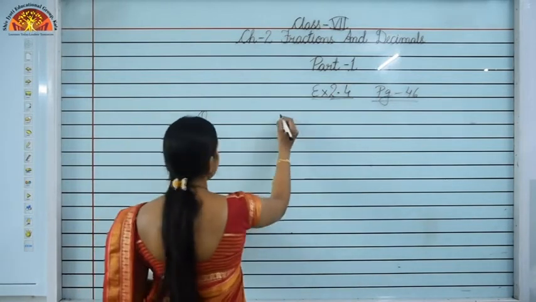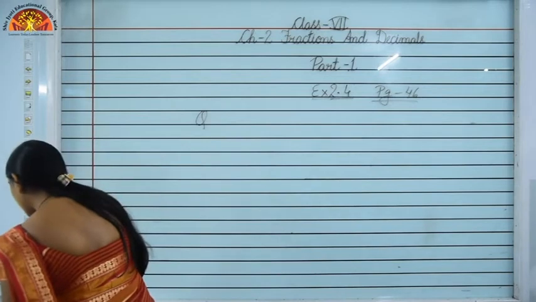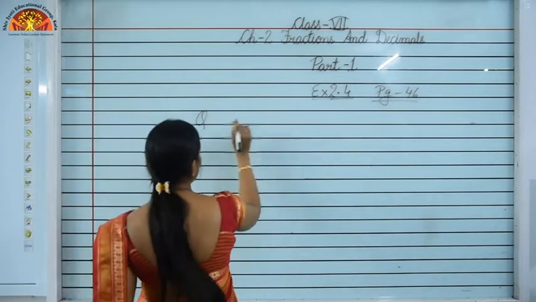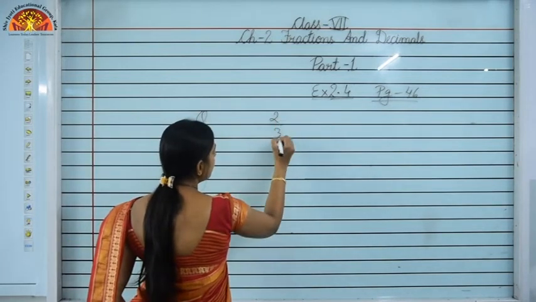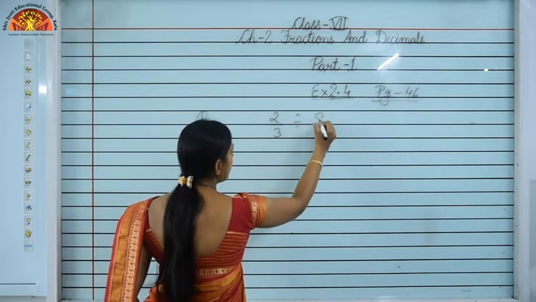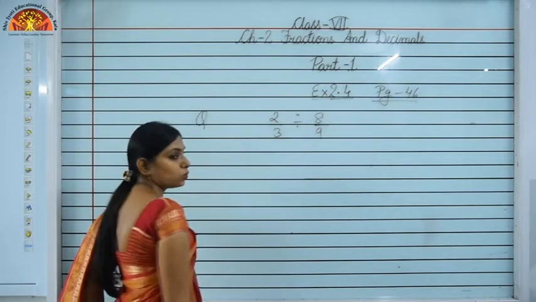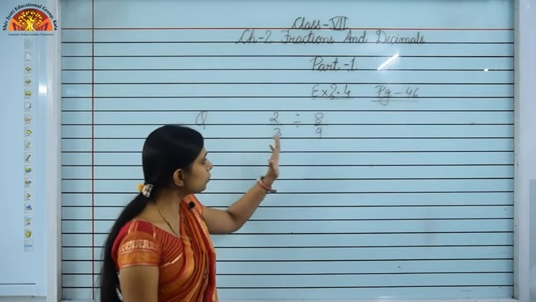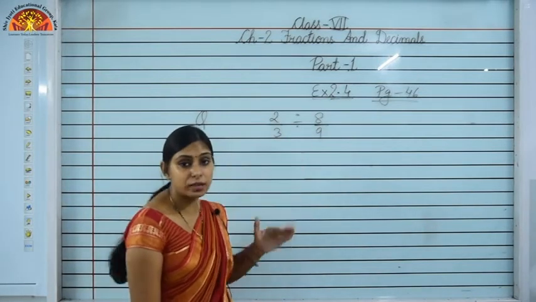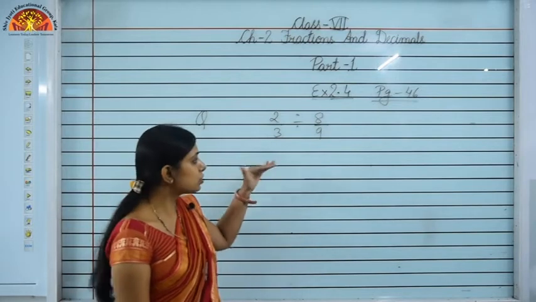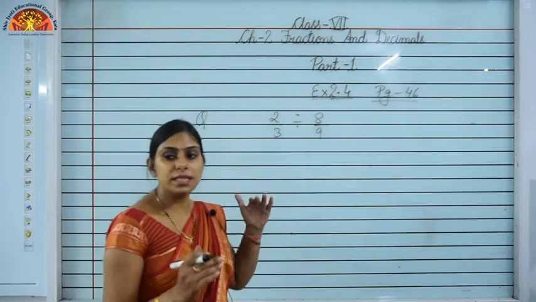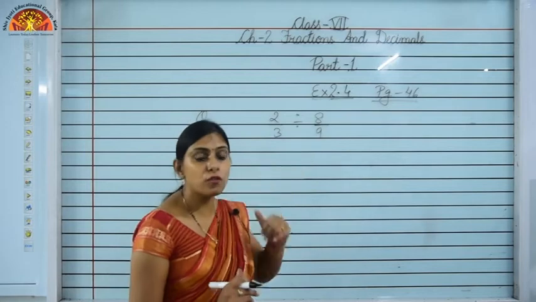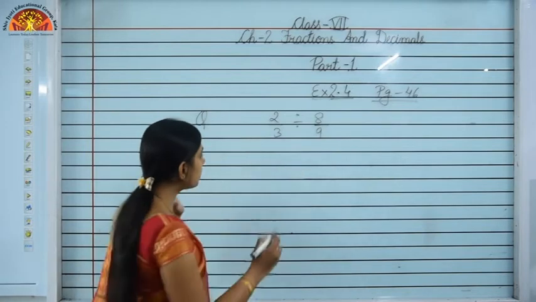Now suppose we have to just divide 2 fractions. Okay, I am just giving you an example over here. That is 2/3 divided by 8/9. Okay, it is the division of 2 fractions, that is 2/3 divided by 8/9. Now how to do the division? Whenever you are carrying out the division of 2 fractions, what do we do?